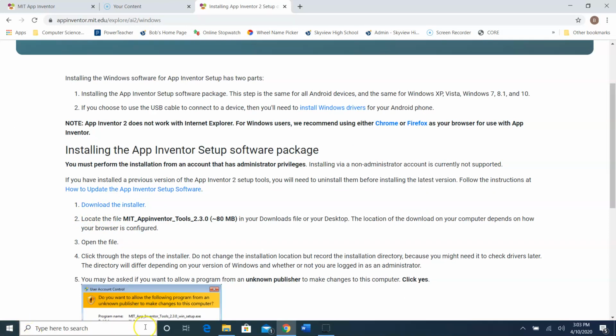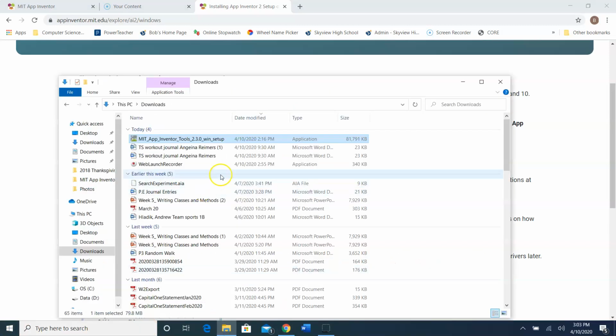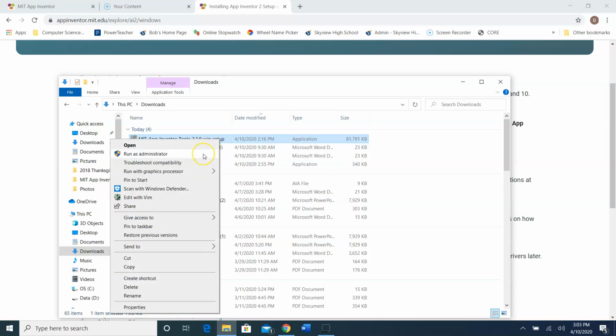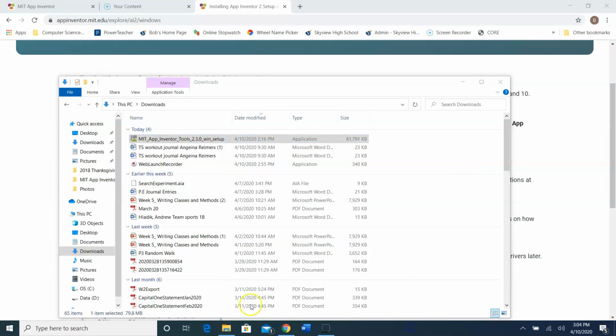It's going to be in your downloads. When it is all finished, you'll locate it right here in your downloads. And the first time that you go through this, you will need to right click on it and run as an administrator. And it may ask you for permissions to do this, and as well extract many files onto your device and then possibly even reboot your computer. But when that's all said and done, you should find in your start menu